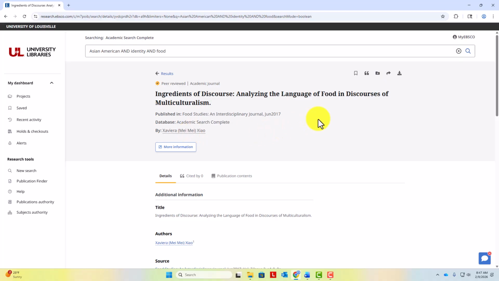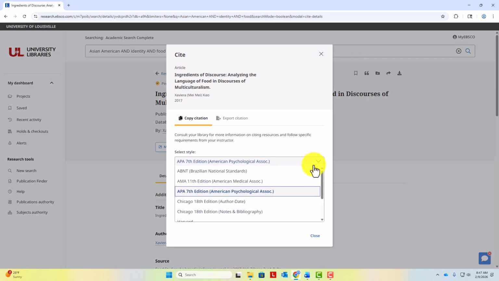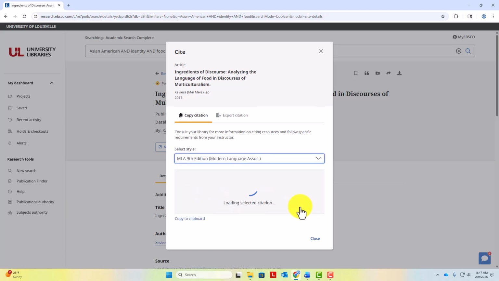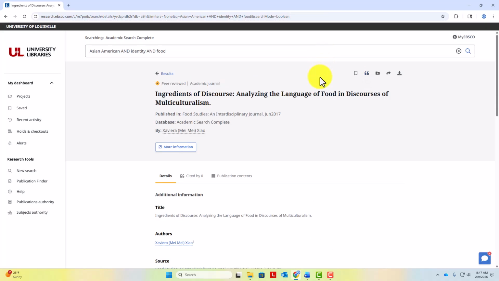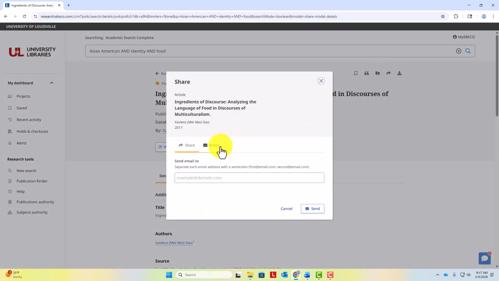Another helpful tool here is the Cite button, a little quotation mark at the top right. Click this to get the citation for the article in the appropriate style. If you decide you want to save this article to read later, there are a couple of options you can choose from. First, you can feel free to see if there is a PDF or download button available under the article. If so, use that to save the article directly to your computer. Another option is to use the Share arrow button to email yourself the article.